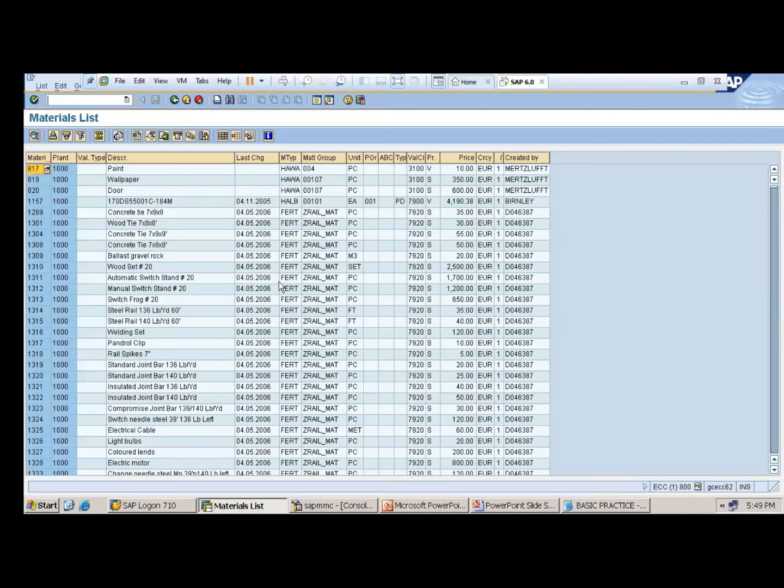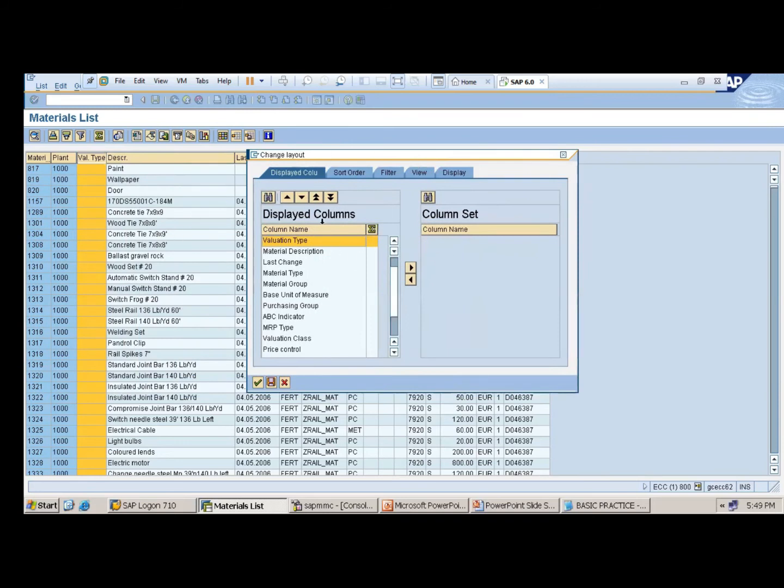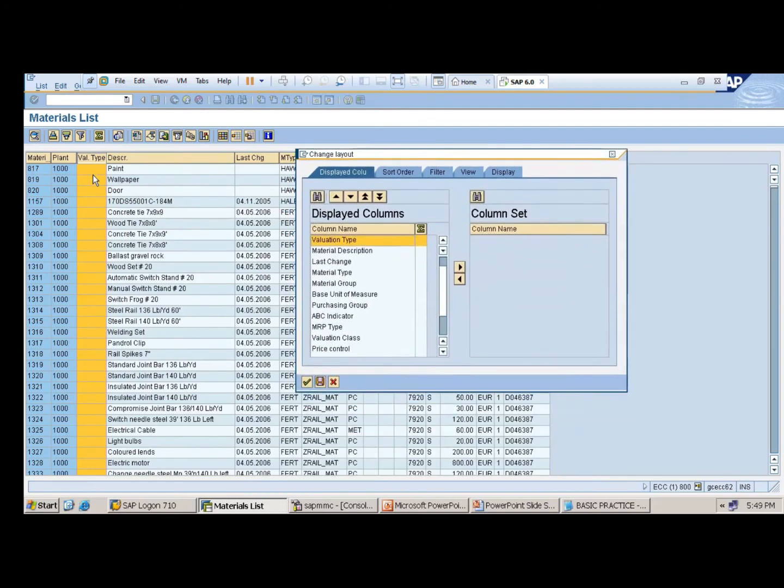Okay, well, see, material, plant, valuation type, description, everything is here. Right now, suppose I don't want this valuation type column. What do we do? Go for change layout. Here, displayed columns means whatever columns are appearing now. Which one you don't want?